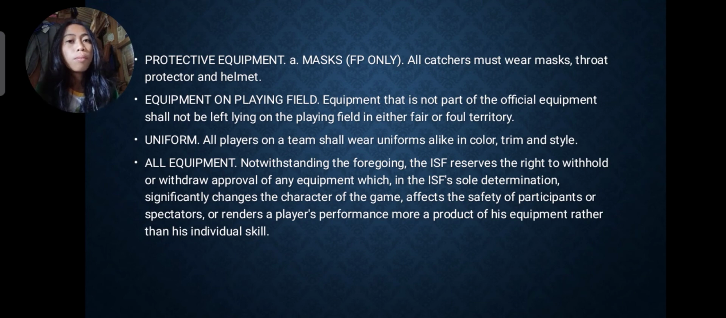And uniform, dapat proper ang suot, hindi pwedeng magsuot ng bra or something na hindi naman kaya sa laro. So, alisin yun. Bawal ang mga earrings like that. Pwede kasi magkabungguan kayo doon or baka pag natamaan ka ng bola or matusok ka ng mga earrings, kwintas, relo, something. All equipments